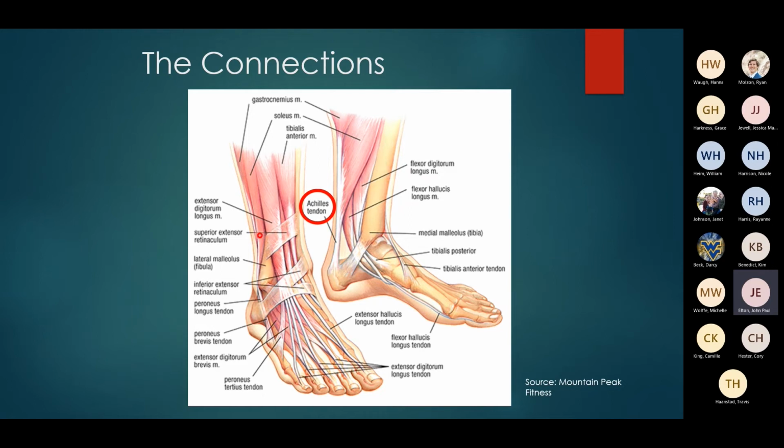So sorry. The lateral hind foot and ankle, right? So we've got 2 and sometimes 3 peroneal tendons that run back there, and then there's what's called the peroneus tertius, which runs in front of the fibula. But some people also have what's called a peroneus quartus, which is just an accessory muscle that we don't really need. And if we run into it in surgery, we typically take it out, like an appendix or something like that, because